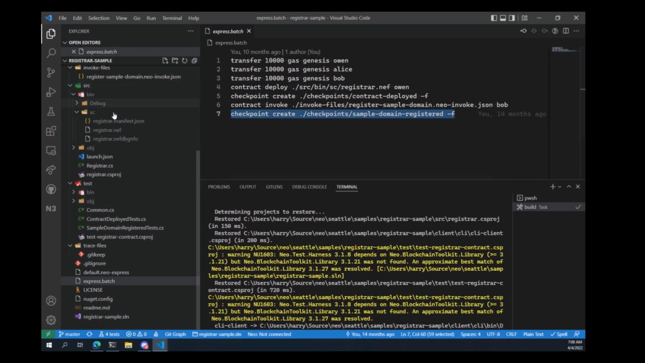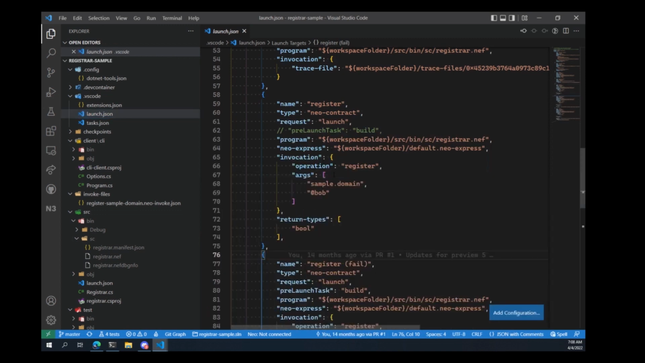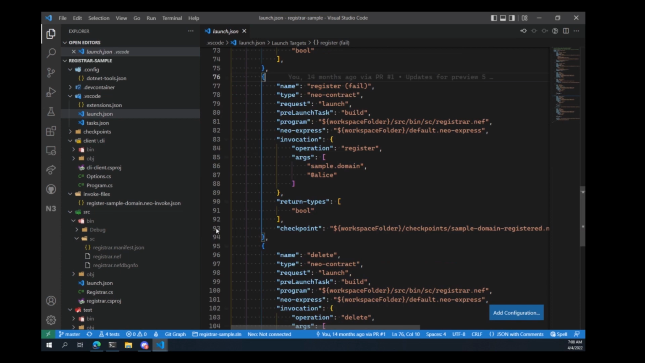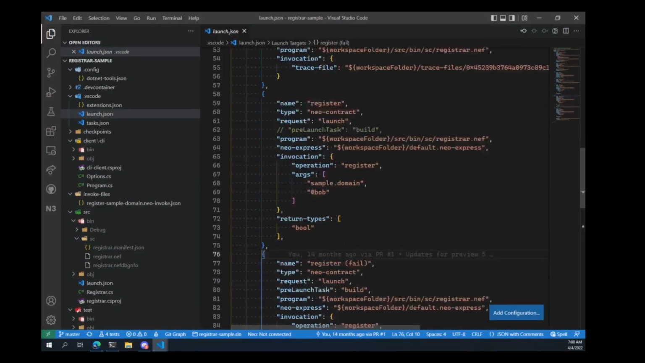When we go to walk through the debugger, we have a launch configuration file. And the launch configuration file in many places will specify a specific debug checkpoint file. So for example, we have this debug configuration called register. Register will do a register of sample domain for Bob, and